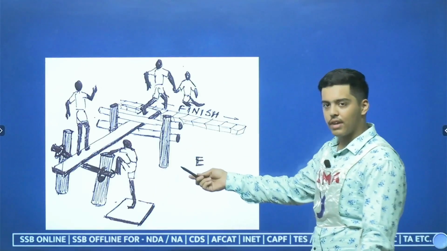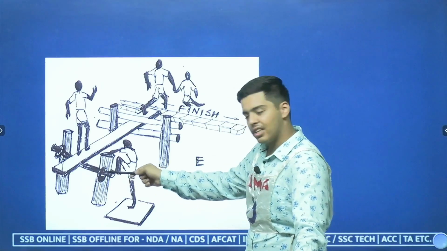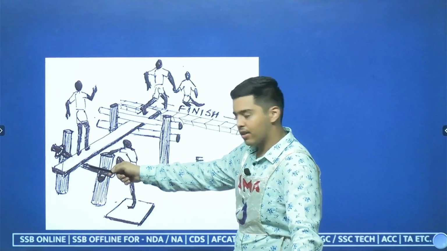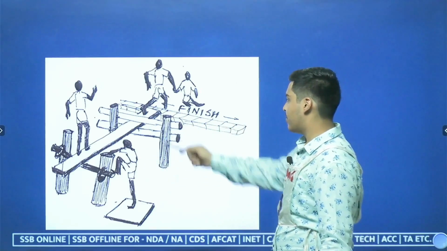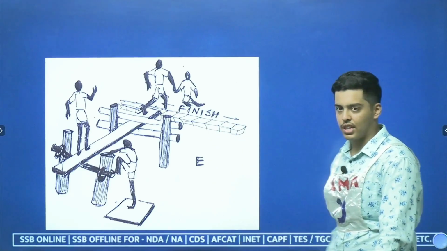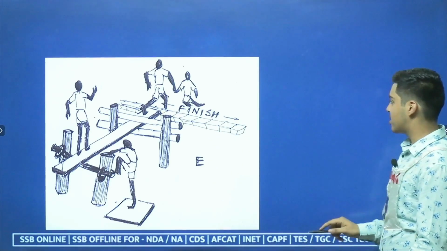Yes, friends, so what I have explained to you is similar to this. We'll insert the iron rod in the iron rings, then we'll keep the plank on top of the iron rod and between the gap provided to us, which will create a sort of bridge which can be used by all the candidates to pass through to the finishing line. So friends, here our first structure is completed.